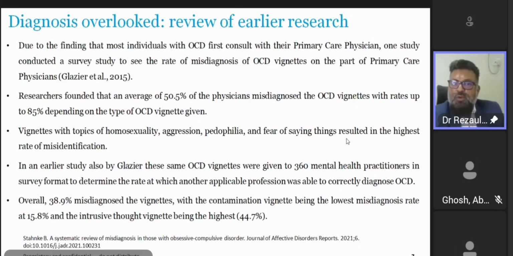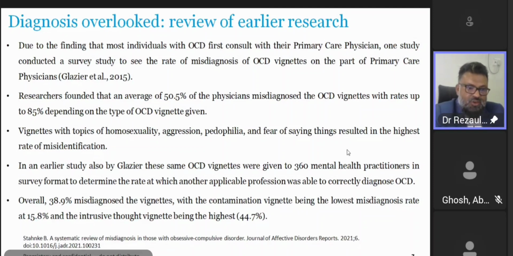Most individuals with OCD first consult their primary care physician, and one study conducted a survey to see the rate of misdiagnosis of OCD presentations by primary care physicians. Researchers found that an average of 50.5% of physicians misdiagnosed OCD, and up to 85% depending on the type of OCD presentation given. The presentations with the topics of homosexuality, aggression, pedophilia, and fear of saying things resulted in the highest rate of